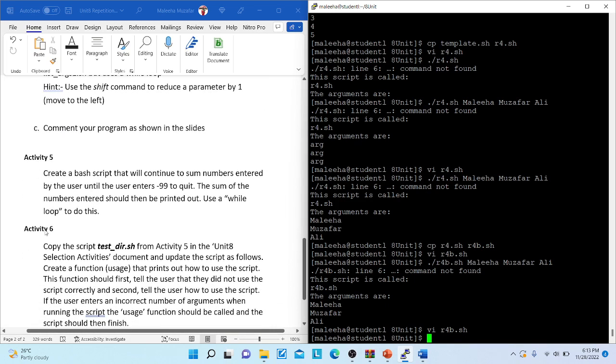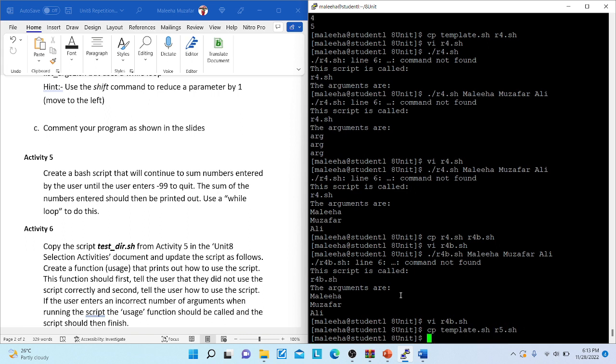Anyway, the last one, we will not do activity 6 now, we will do this in class, but for activity 5, you're supposed to create a bash script that will continue to sum numbers entered by the user until the user enters -99 to quit. The sum of the numbers entered should be printed out. Use a while loop to do this. The last one. Okay, cp template and then r5.sh, vi r5.sh,